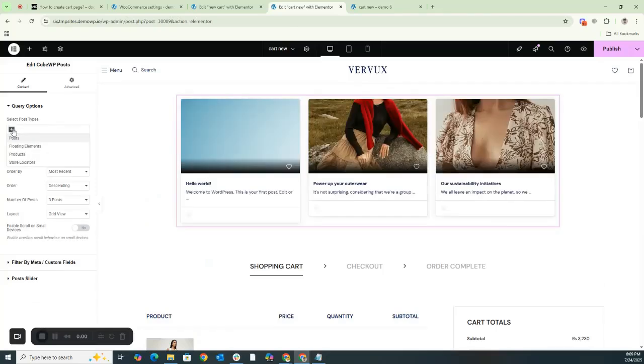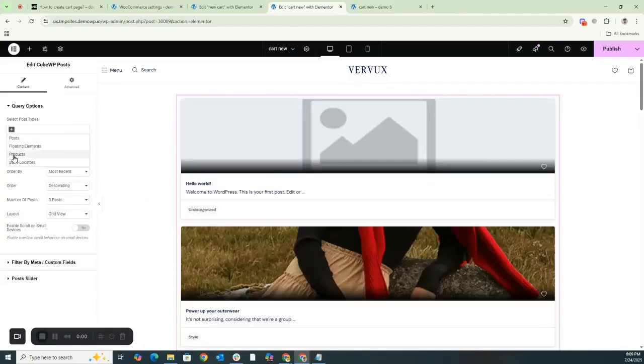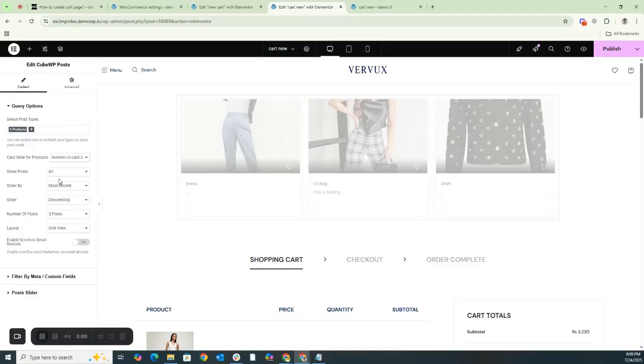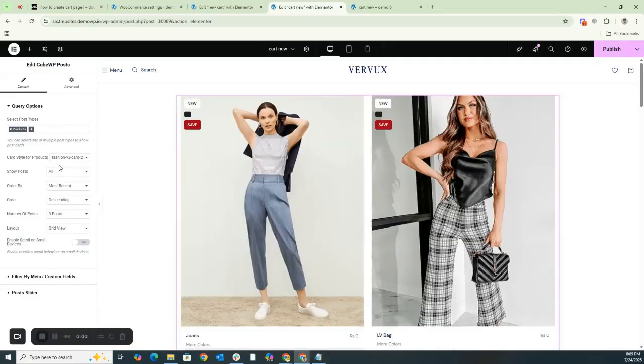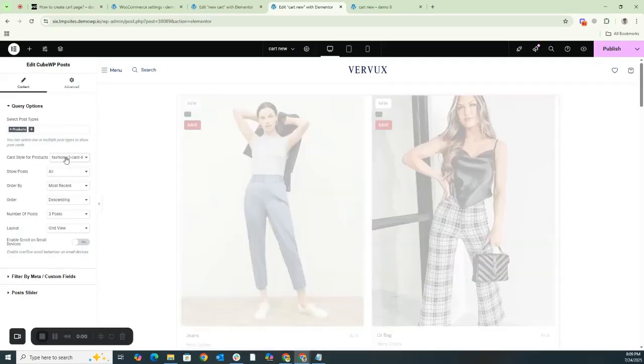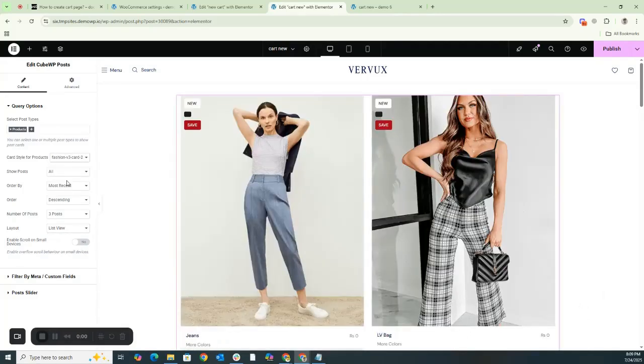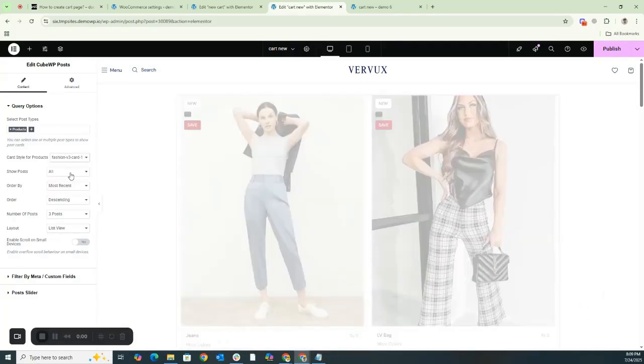From here, we can select which post type we want to choose. Let's say product. After that, there are some basic styles available. We can easily change the overall style and appearance of the elements. We've changed the style. Then, since we have 3 posts, we can also click on list view. If we want to change the style, we can still change it. Let's apply style 1.